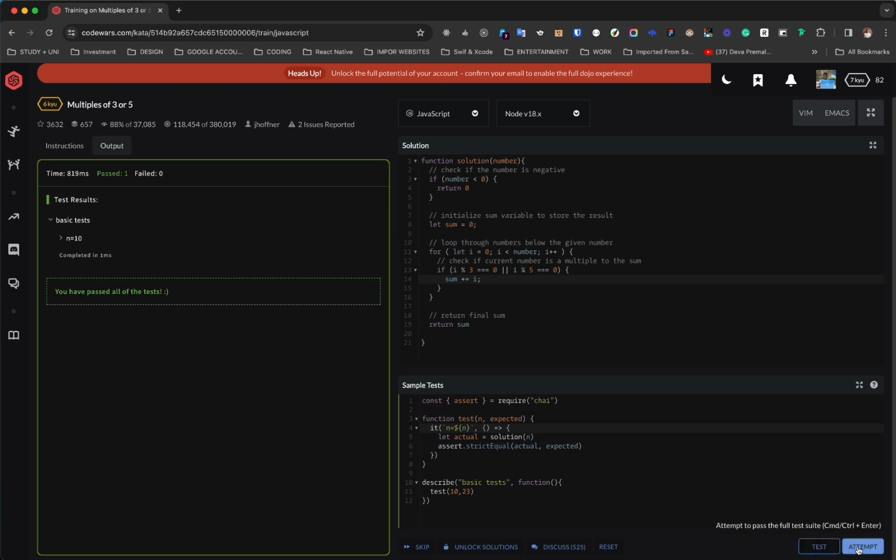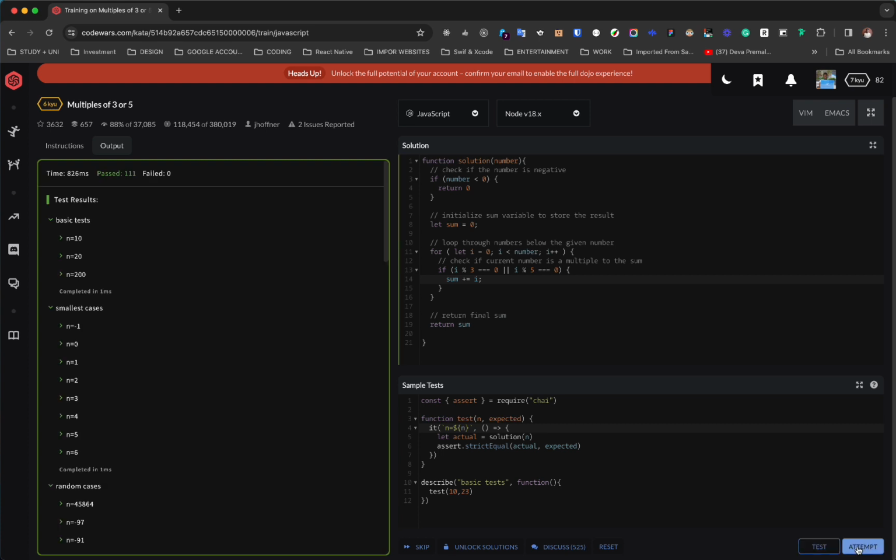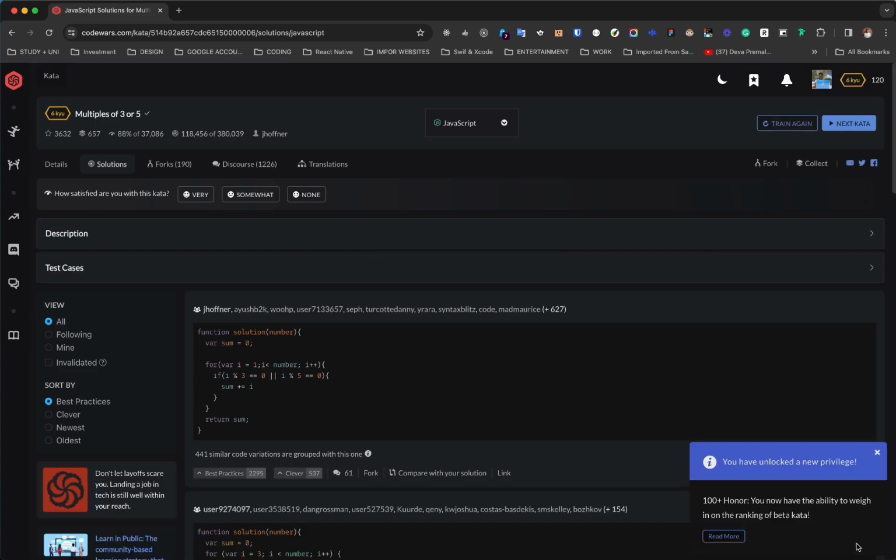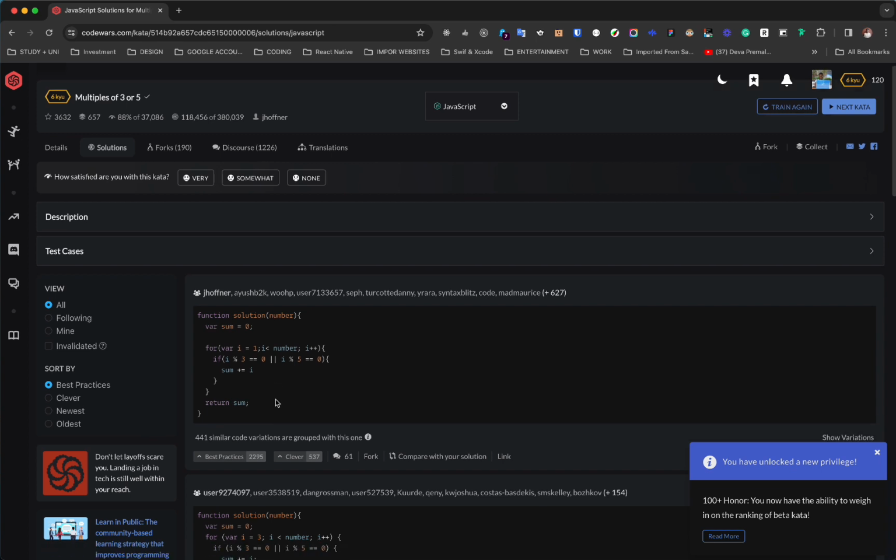There we go. Alright guys, that's pretty much it. You can actually check different solutions on the same problem. Different developers would have a different syntax or way of solving the problem. Like over here,